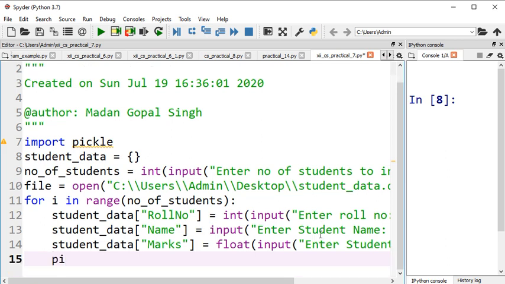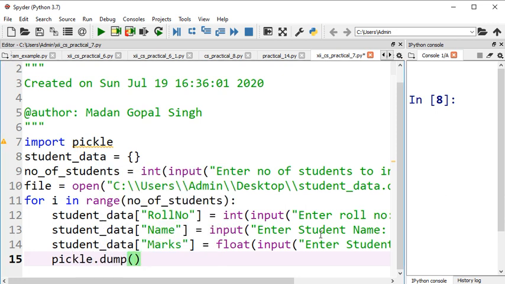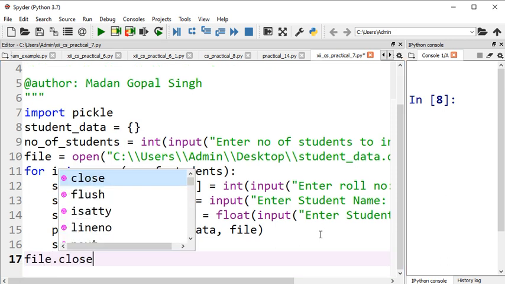So pickle dot dump method is basically to write the data into the file. So I am going to write the student data, and then I am passing the file pointer. Then I am resetting this student data, so that when the for loop executes another time, new student data will be inserted, and then after this for loop I will close this file and exit.